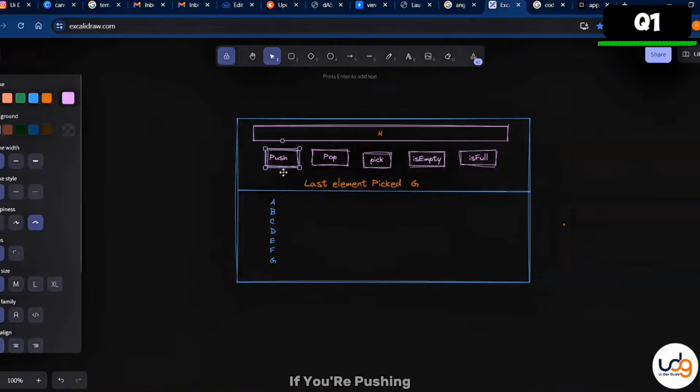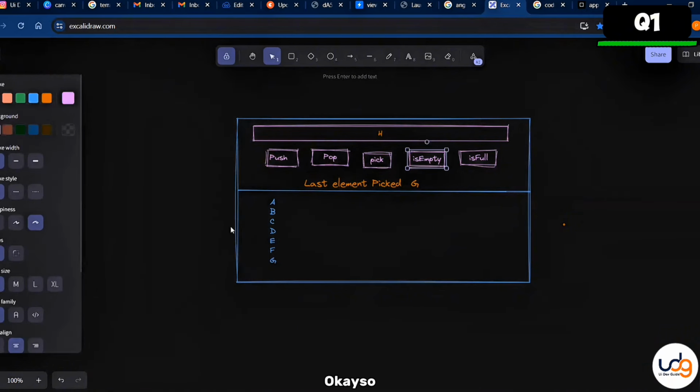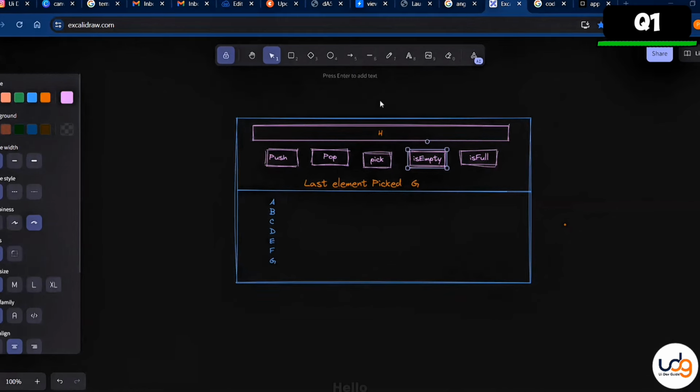If you are pushing, then it should push at the end. If you are popping, then it should remove from the last. If you are picking, it will pick the last one. So it will show here: last element picked G. And you can check if all the elements are empty or not. So we have to work on, we have to, hello,